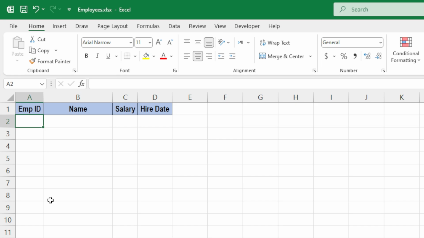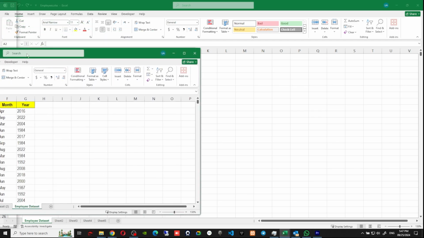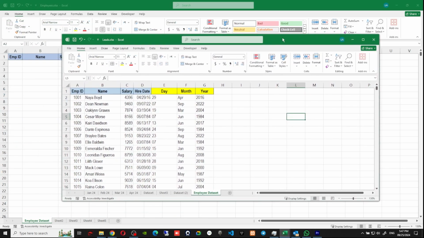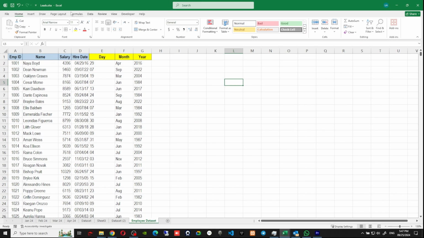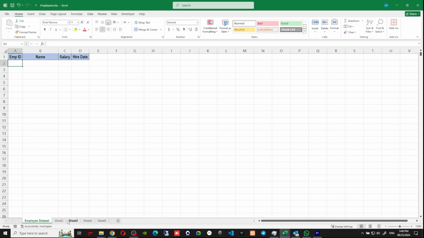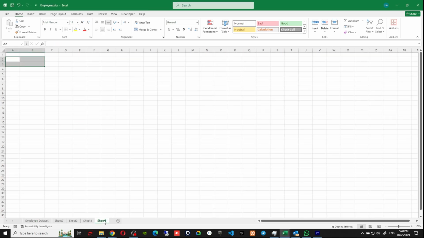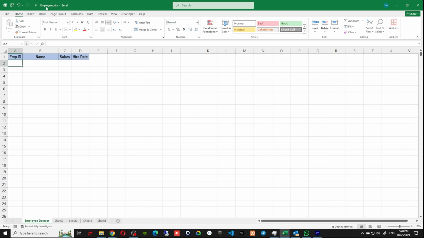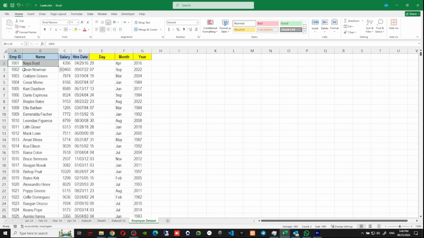But let's suppose you want to copy data from another workbook to all the sheets in this workbook. So how can we achieve that? So let's say we have this sheet, leads, and we want the employee ID and the name from this sheet to appear in all the sheets of this workbook named employees. So what we will do is that from this sheet we will copy the data,